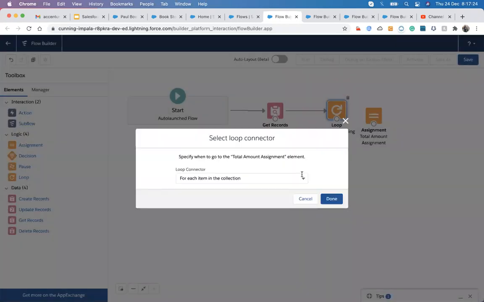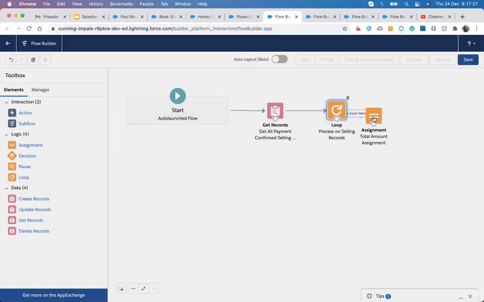So it comes up here for each element. For each element, it will execute this one, and for each element it will add up and do the assignment.